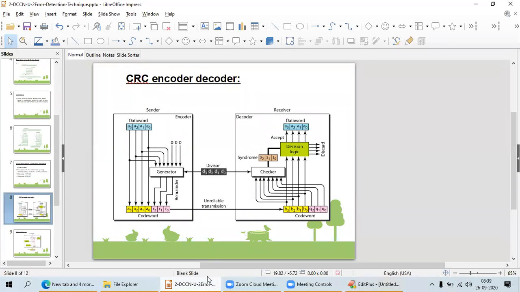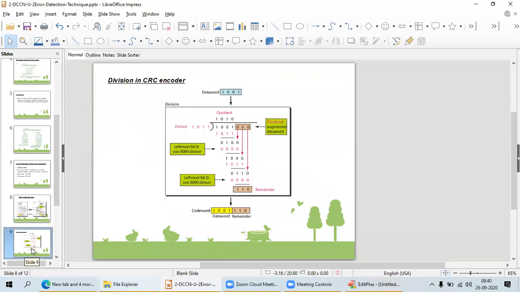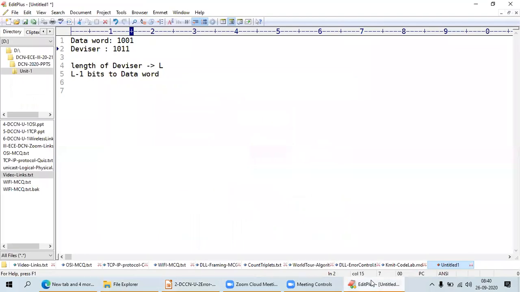How? We are going to see here. My data word is 1001, which we have already seen. The divisor is 1011.